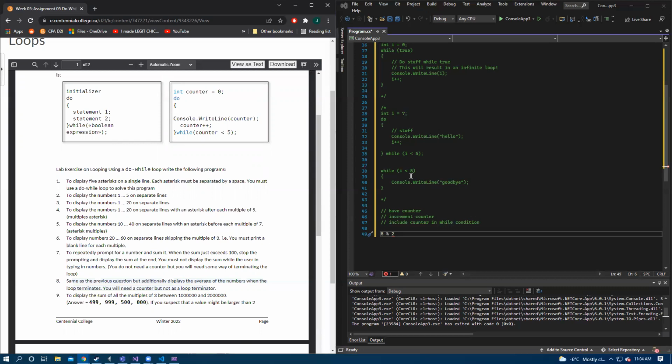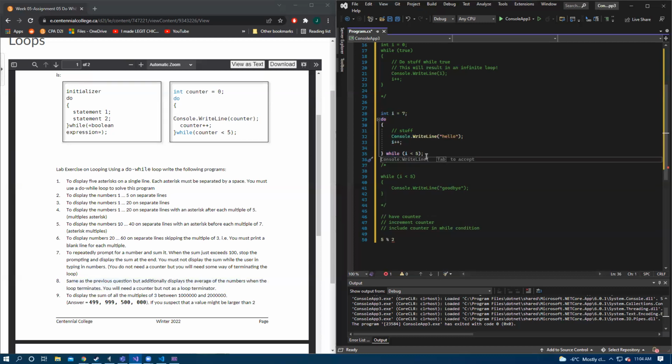In class, we had a counter, right? We have i being our counter, and every time the loop ran, i would go up by 1. Then when i is greater than 5, that terminates the loop. So our counter here is what terminates the loop. On the other hand, here, we have a sum.